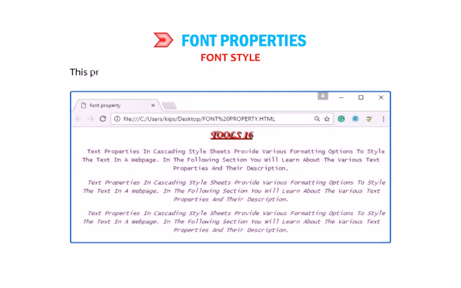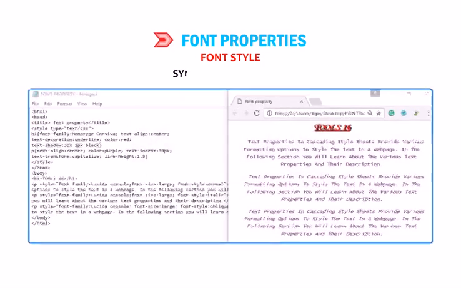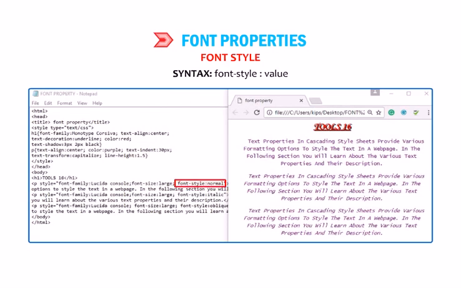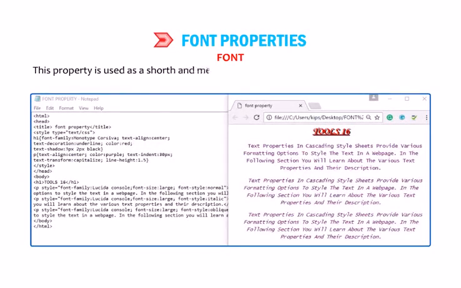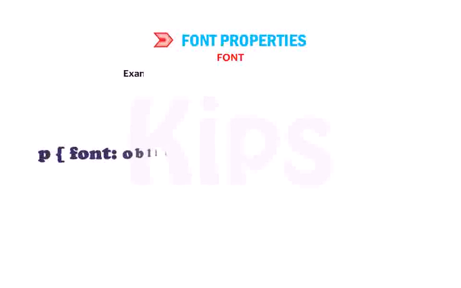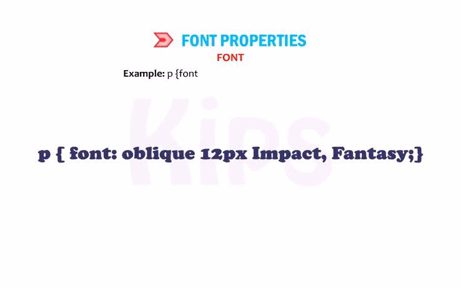Font style. This property displays the chosen font either in normal, italic or oblique. The syntax is font-style: value, where value equals normal or italic or oblique. Font. This property is used as a shorthand method to set all the above properties in one single declaration. The syntax is font: value, where value equals font style, font size, font family. Example: p { font: oblique 12px Impact, fantasy; }